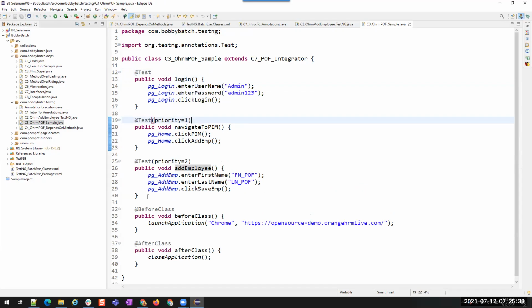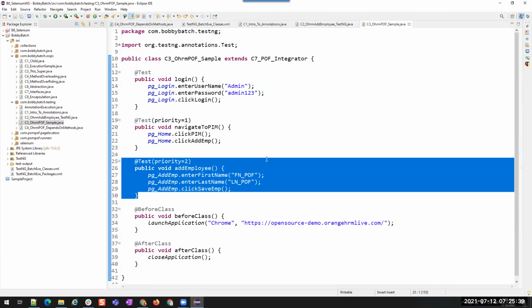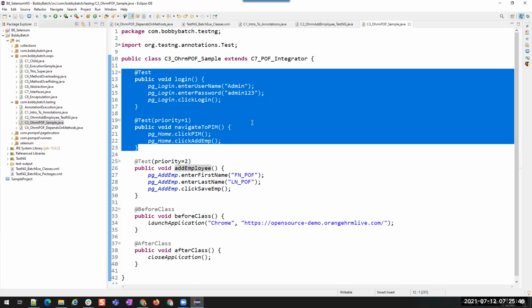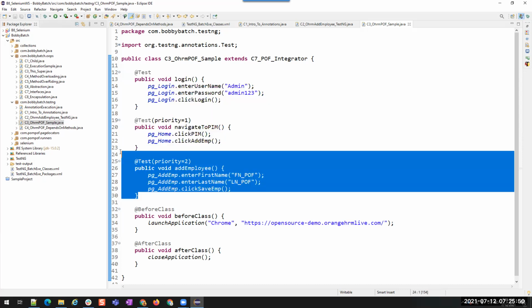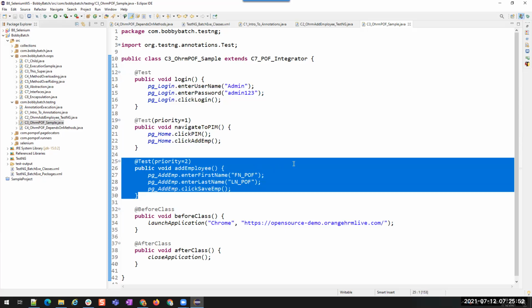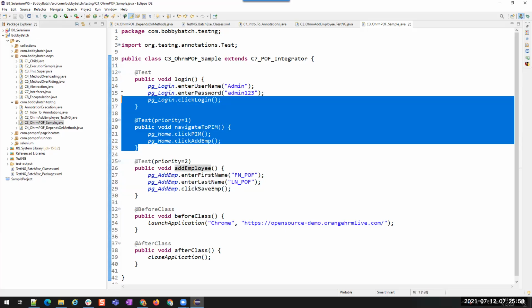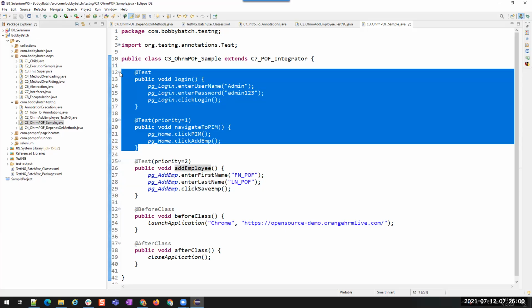I don't want to add the employee, but I just want to log in. But if I execute this class, the add employee method will definitely be executed, right? I don't want to execute it. I just want to execute until login of the script. I don't want to execute whether the HR is able to add the employee or not. I just want to see whether the HR is able to log into the Orange HRM portal.